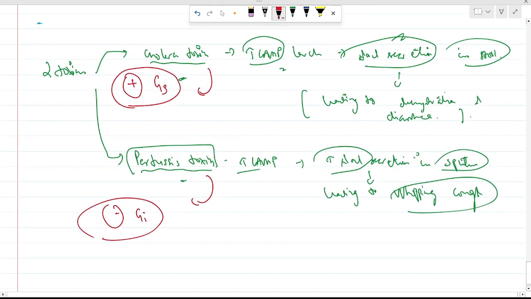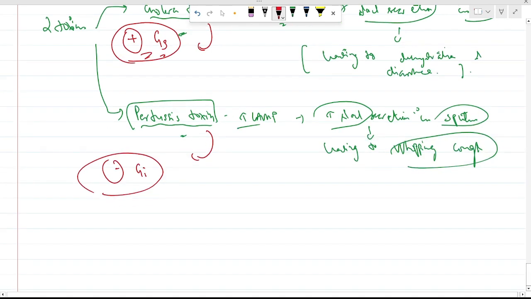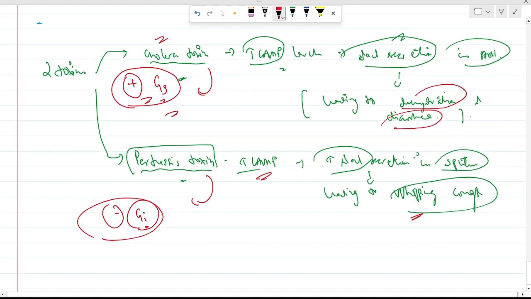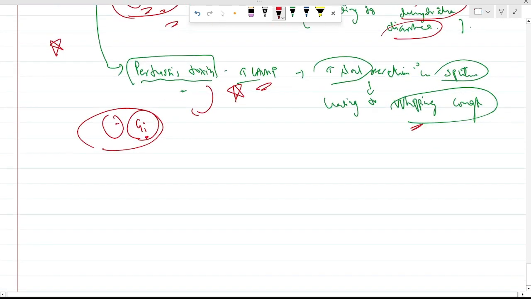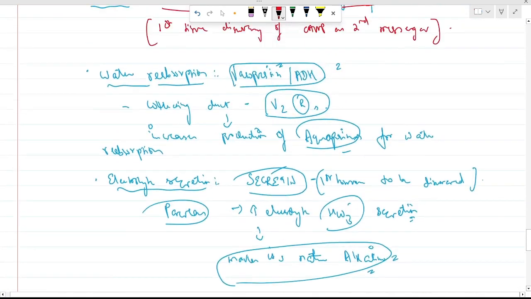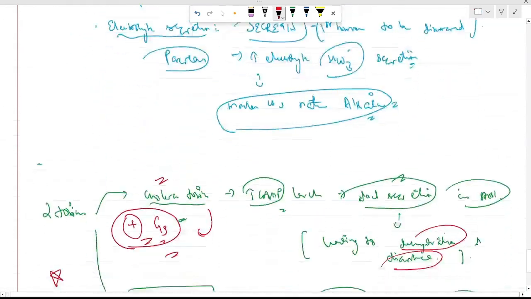This GS, which is stimulatory, cholera toxin activates this. The pertussis toxin inhibits this GI, this I for inhibitory. When this GI is inhibited, it leads to further increase in cAMP levels and whooping cough. When the stimulatory gets activated, it leads to dehydration and diarrhea by cholera toxin. So these two facts you need to remember how they act, important pathologically. So we have completed the discussion of cAMP as the second messenger.